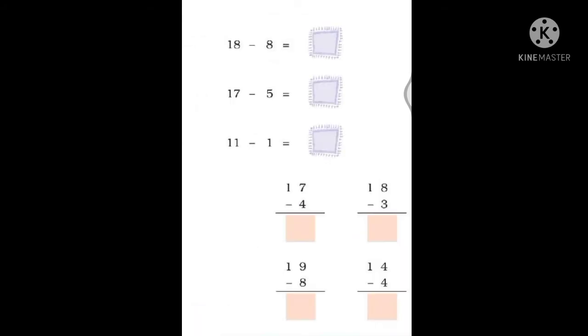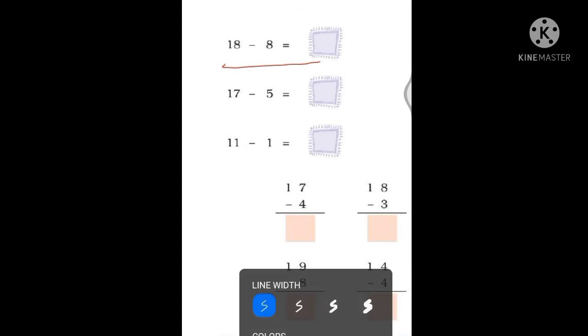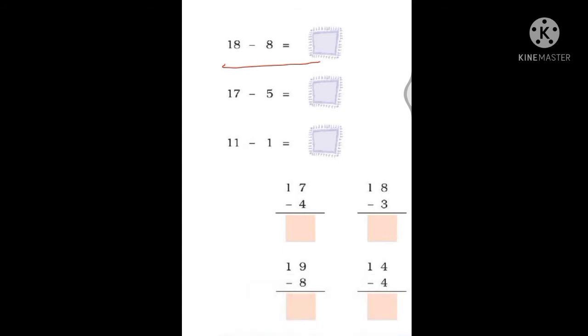your maths textbook, right? So on the page number 87, we will solve first question, which is your 18 minus 8. What was your first question? 18 minus 8. From the number 18, we have to subtract 8. First number कौन सा है students? 18. So first I will draw 18 sticks.